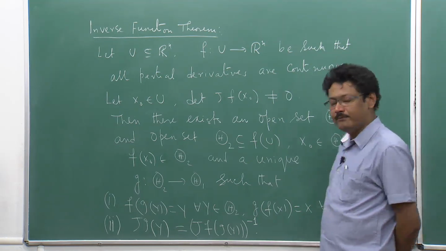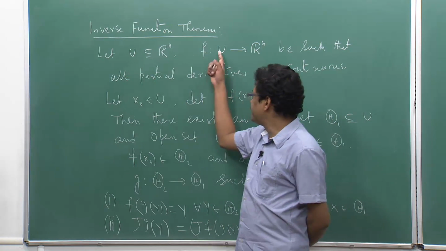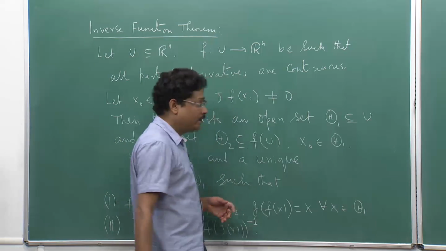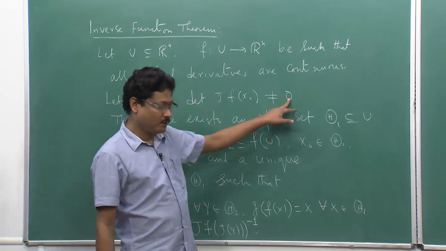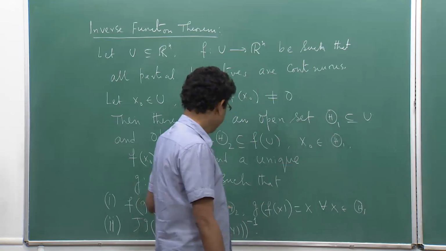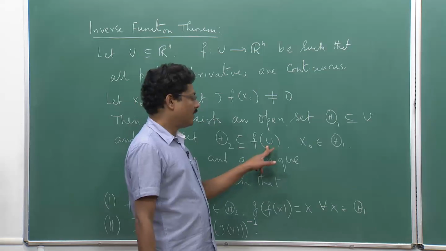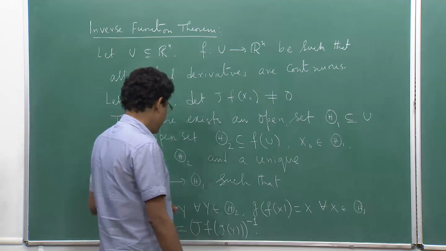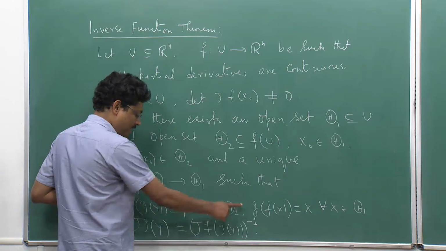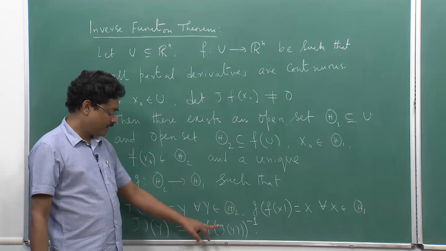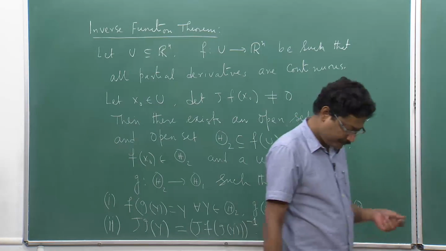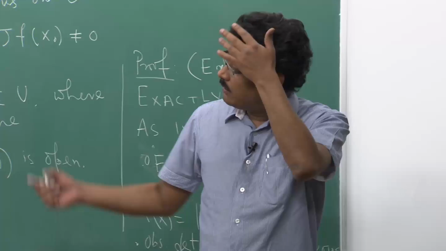the Jacobian matrix inverse. This is true for any n. If you read it for an interval, it will look like this: suppose f is defined on an interval to R, n is 1, and f prime is continuous with some x naught, f prime at x naught not equal to 0, then there exists an open interval inside that interval a b, a smaller interval, and an open interval in f of a b such that f of g y equals y, and so I can define an inverse, and g prime of y equals f prime at g y inverse, that is 1 upon f prime at g y. So, you should be able to interpret it as the n equal to 1 case.